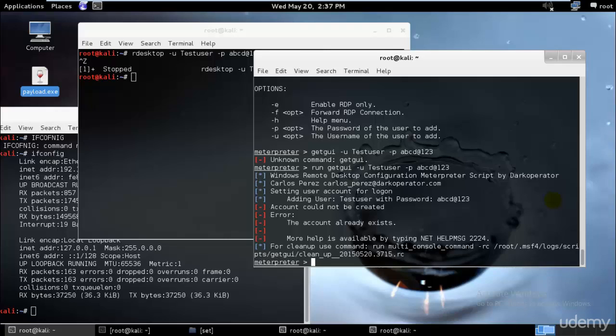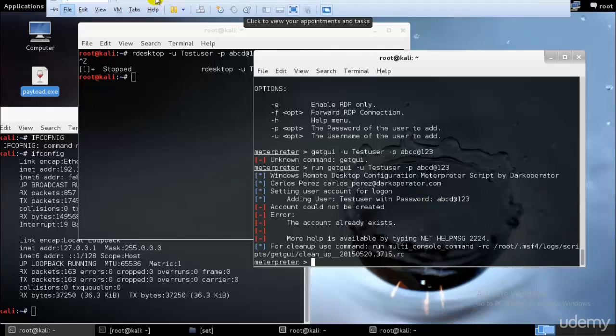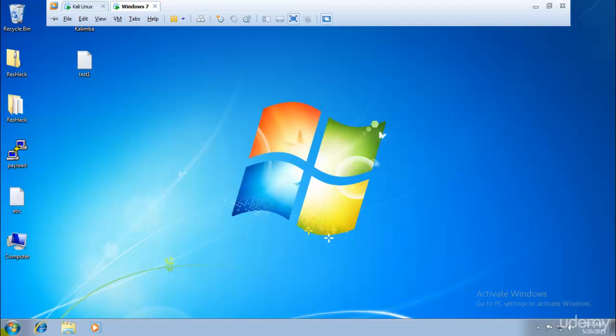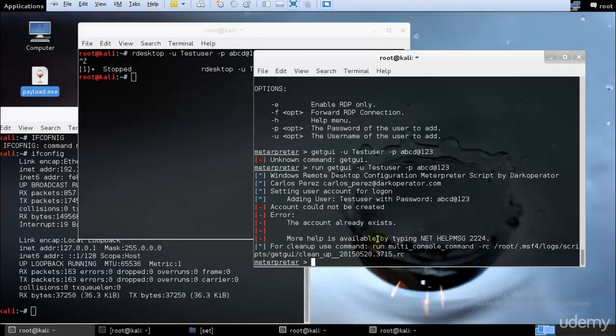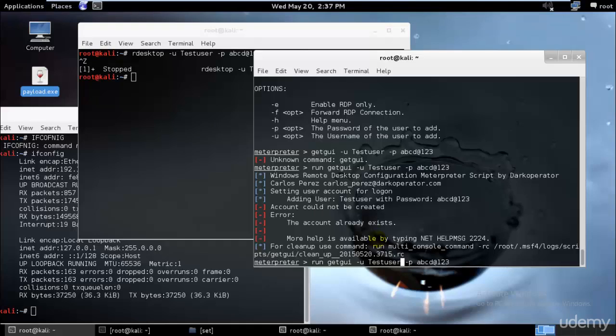Okay, sorry, I made a mistake. getgui will go ahead and create another user account, and this test user already exists. So what I was mistakenly trying to do was create another user when I already have one. So let's go ahead and create another user if you want, and I'll just type